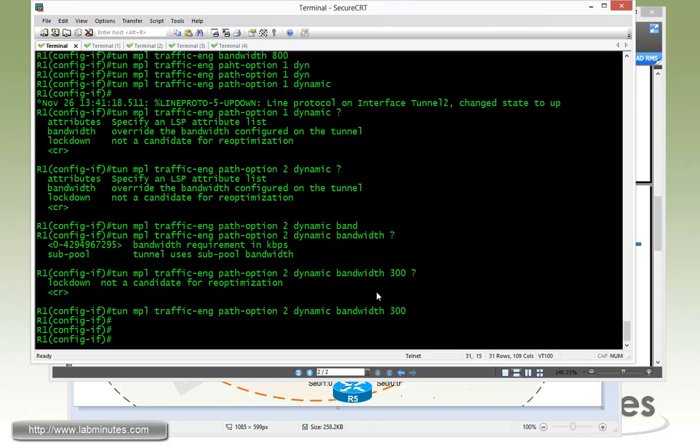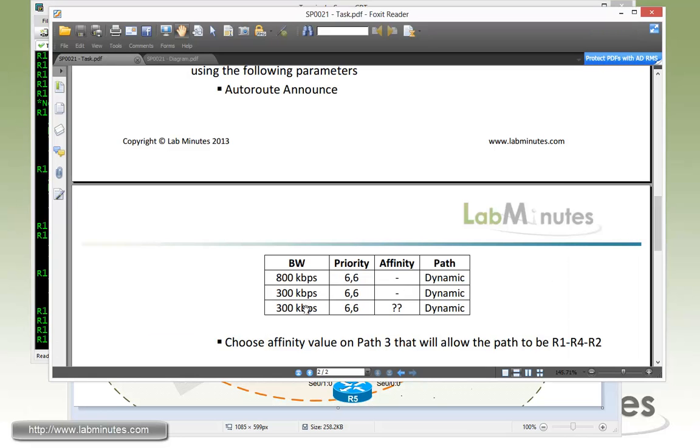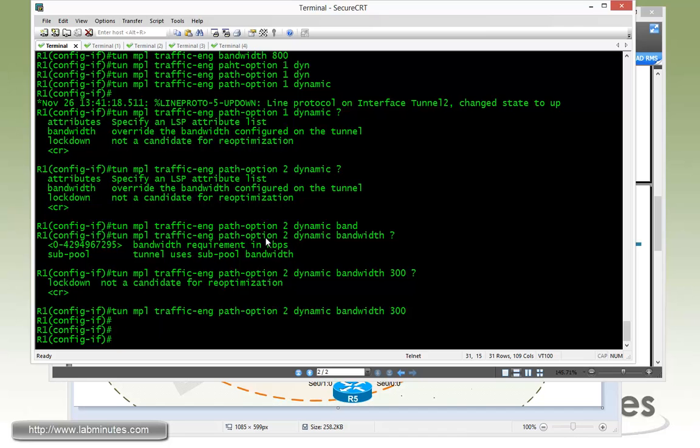Now for our path option number 3, we have the bandwidth of 300, same priority, so we don't need to change that. But now for the affinity, you can see that as part of the inline command for the path option, we do not see an option for affinity, and that's because you have to define those as part of the attribute list. So what you have to do